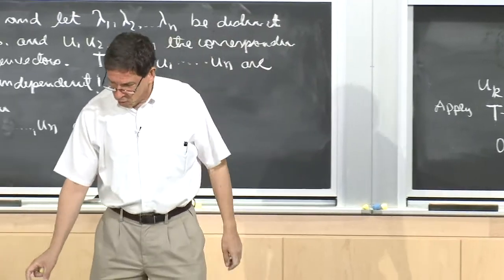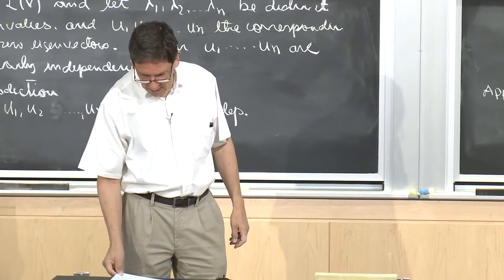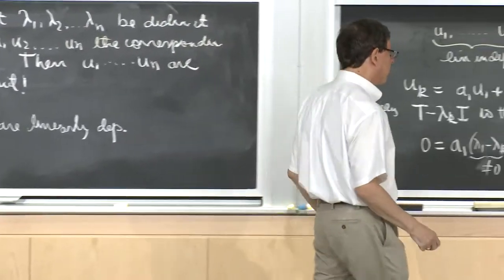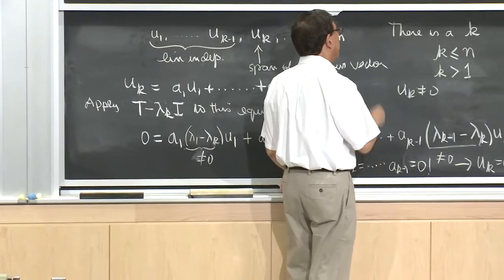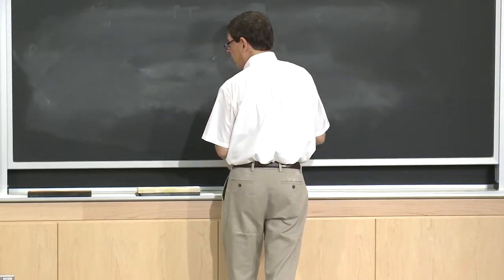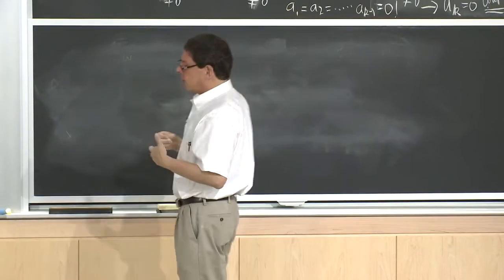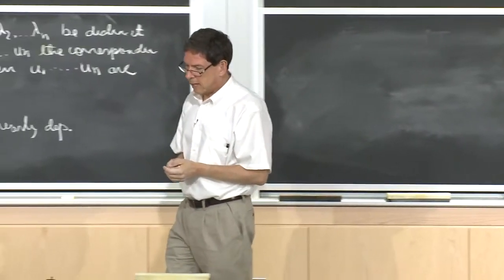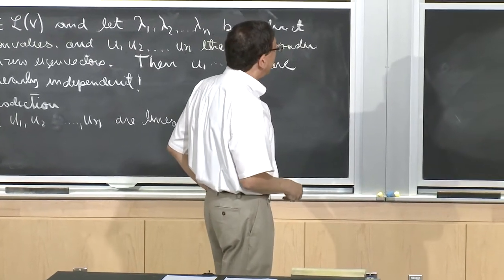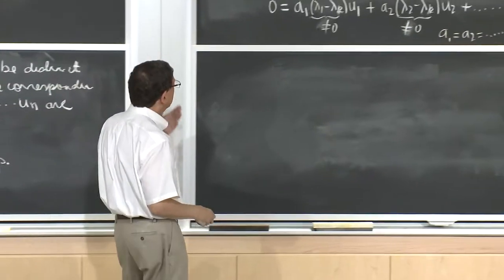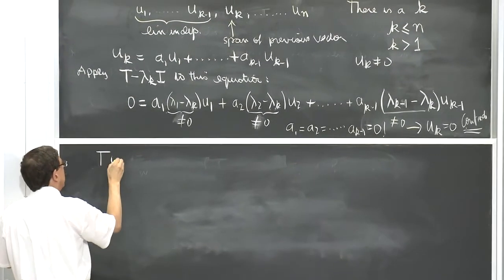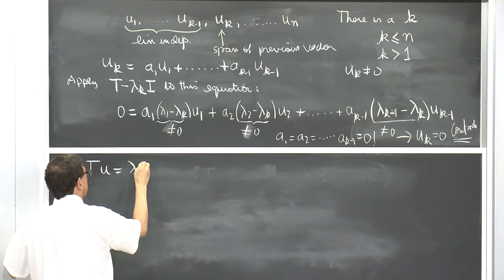Now let's conclude with some discussion that is more along the lines of conventional treatments. This proof is a little unorthodox. This is not the way things are usually discussed. But now let's connect with the usual discussions. So we've said that the eigenvalue equation, T u equal lambda u,